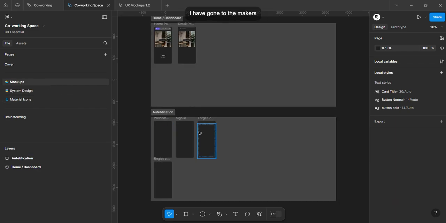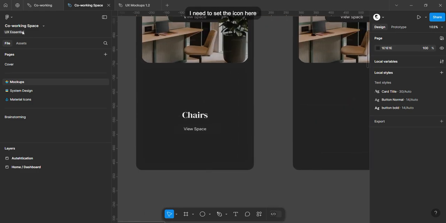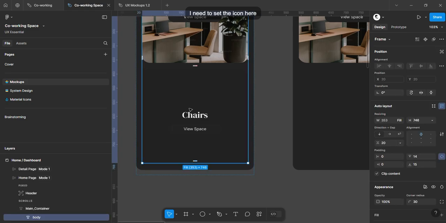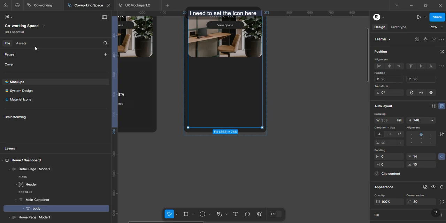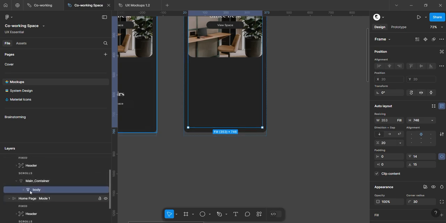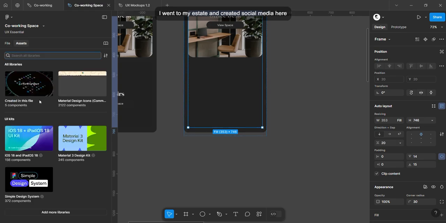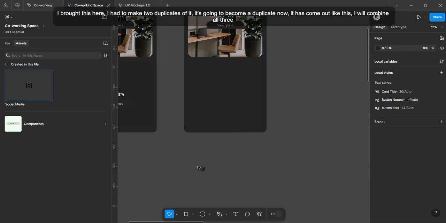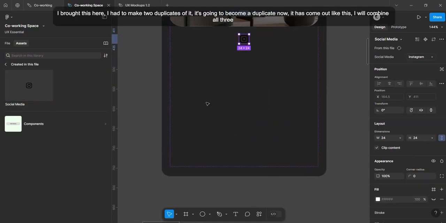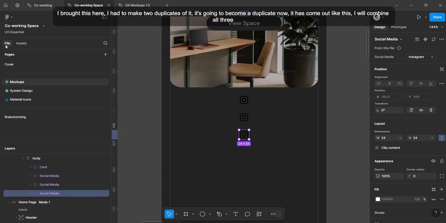ठीक है, तो मैं मॉकअप्स पे गया, यहाँ पर मुझे आइकन सेट करना है। Let's go to here. मैं बॉडी में ही, बॉडी के बाहर भी कर सकता हूँ, क्योंकि वो लिंक्डइन का अलग बात, वो साइन इन का अलग बात। मैं अपने एसेट में गया और मैंने यहाँ पे सोशल मीडिया क्रिएट किया है, इसको मैं यहाँ लेकर के आया, इसको मैंने 2 डुप्लीकेट मारा, अभी ये डुप्लीकेट बन गया।